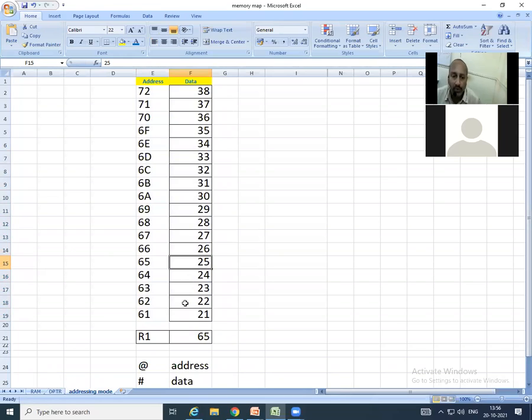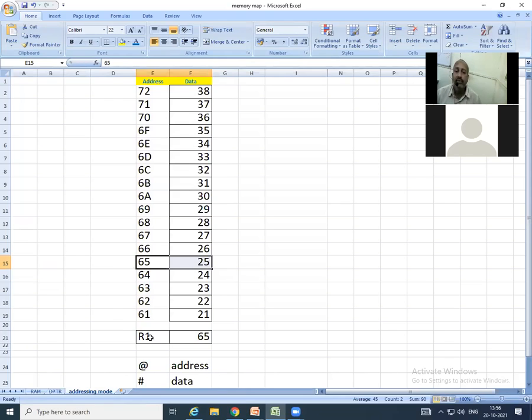So if anytime you want to get access to a particular family member, for example, if you want to make contact with 25, that is the name of that family member, you are supposed to go first to 65 and then take that data from that address, because 65 is the address of that family member 25. So this is the internal memory structure in the 8051.